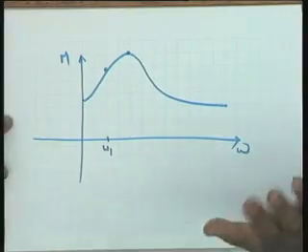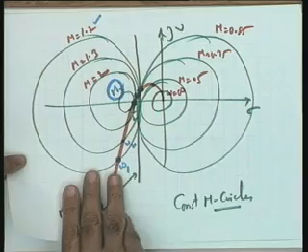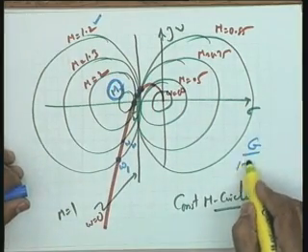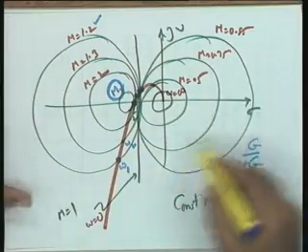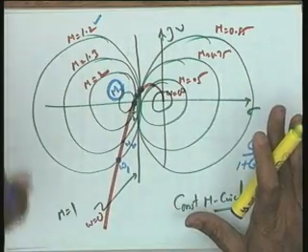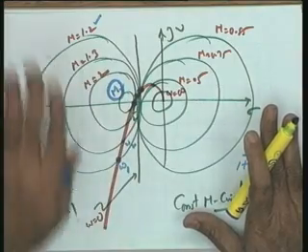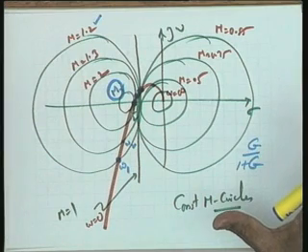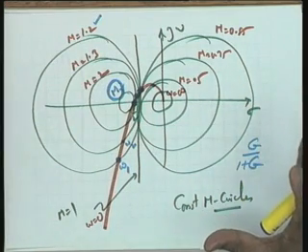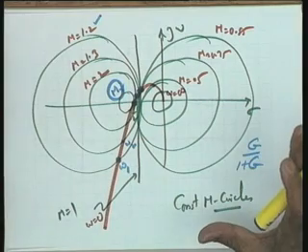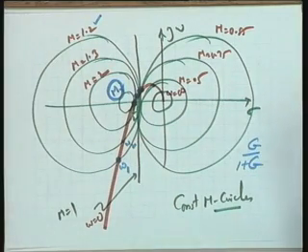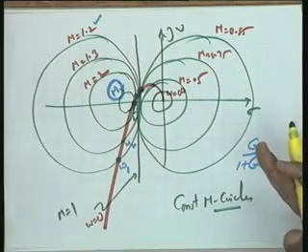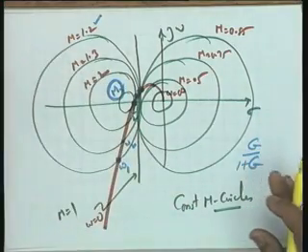This is the closed loop response of the system, and the only advantage in this case is that I have not done any calculations for G over 1 plus G. These are standard circles; the constant m circles can be made, or a standard graph can be made available to you, because this is not system dependent. Please note that the constant m circles are not dependent on the value of G. You can just see from the equation, these are general circles, for constant m ranging from 1 to 0, and giving you the peak overshoot also.